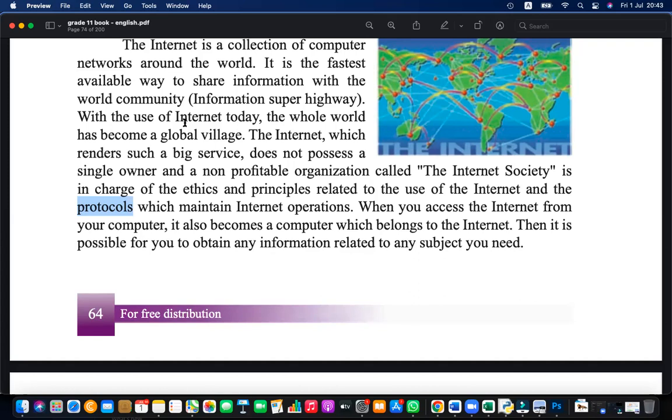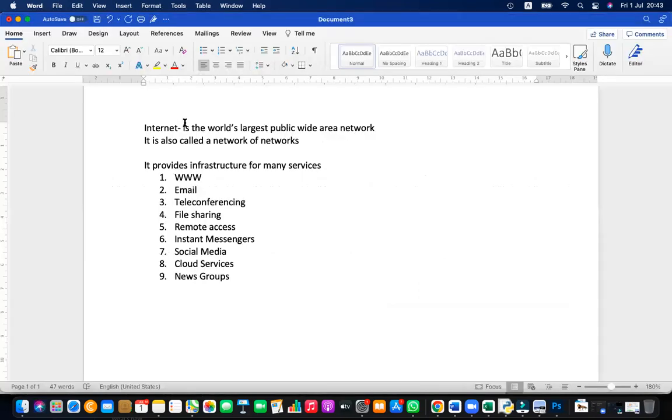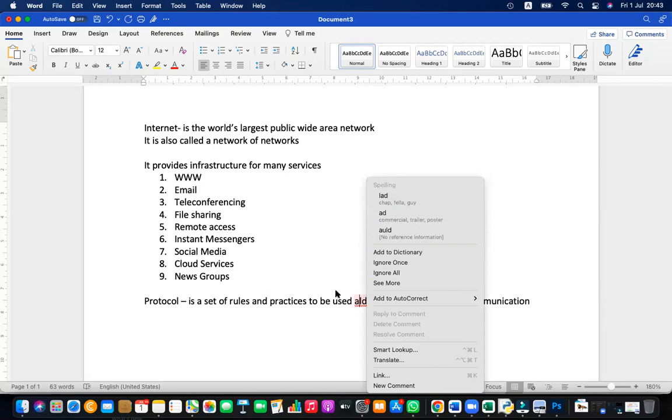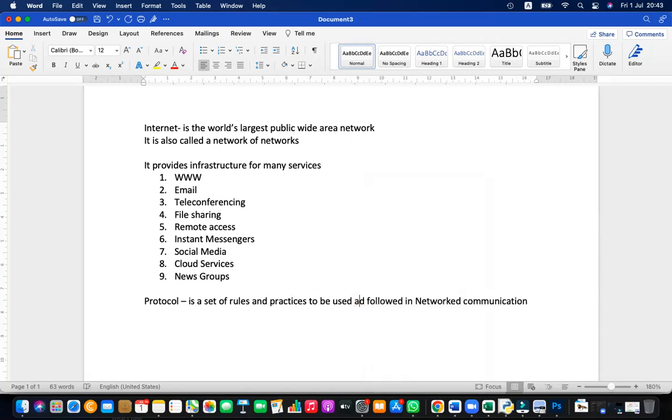Protocols are a set of rules guiding the network environment for communication. A protocol is a set of rules and practices to be used and followed in network communication. It defines how the communication should happen.